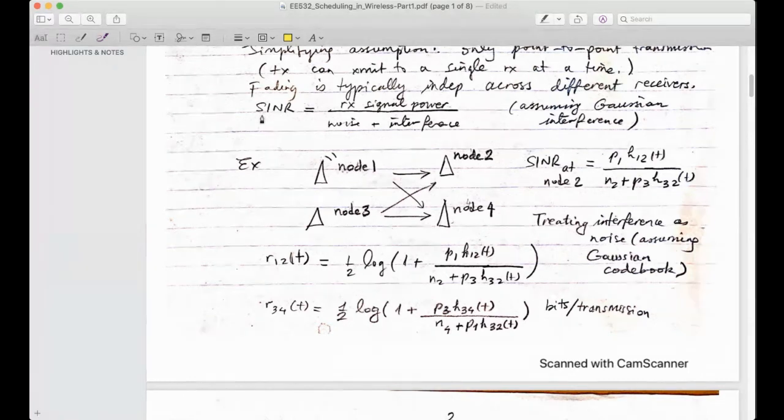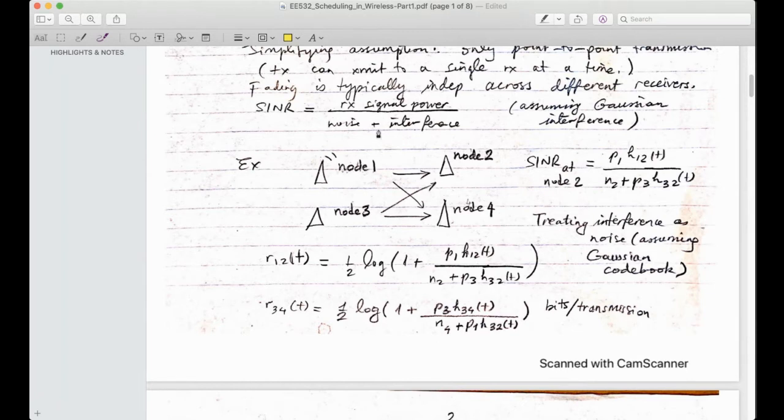And then we can define an SINR, a signal to interference plus noise ratio, which is basically the ratio of the received signal power to the received noise plus interference power. So let's see this